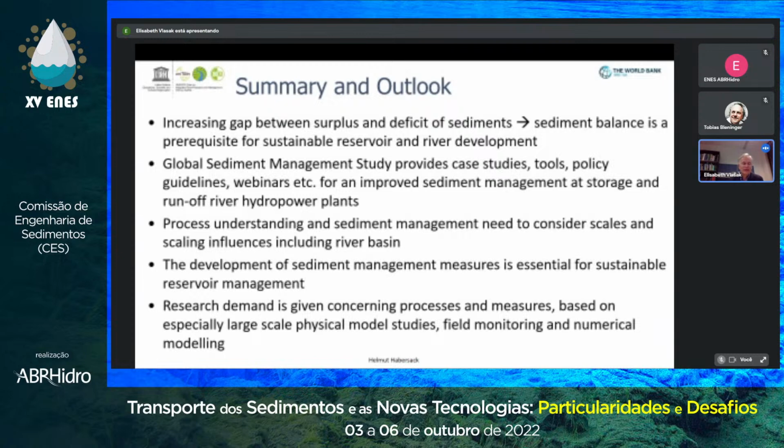At the end, of course, we still have some research demand for the processes. We see that even calculating initiation of motion with a Shields diagram is not fully the truth. Also, the formulas we use might be very old. So we need to go to large-scale physical model studies. If you would come to Austria, I would be happy to show you. We just built a new lab here with a discharge of 10 cubic meters per second in the scale model, just diverting the Danube water with a natural waterfall of 3 meters.